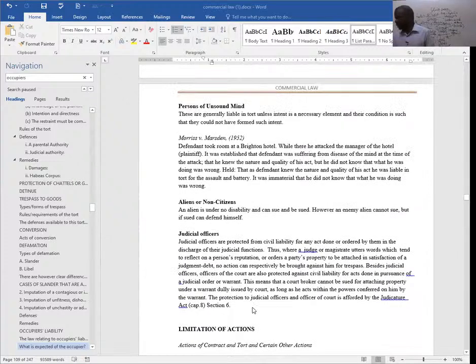So those are basically persons, how you can look at persons as to whether they can be held responsible under the law of tort, or they cannot be held responsible under the law of tort. So that's basically what you need to be able to understand about defamation, and of course, occupier's liability, and of course, the general defenses under the law of torts, and also the persons who can be held responsible under the law of torts. So that's simply the end of this particular topic.